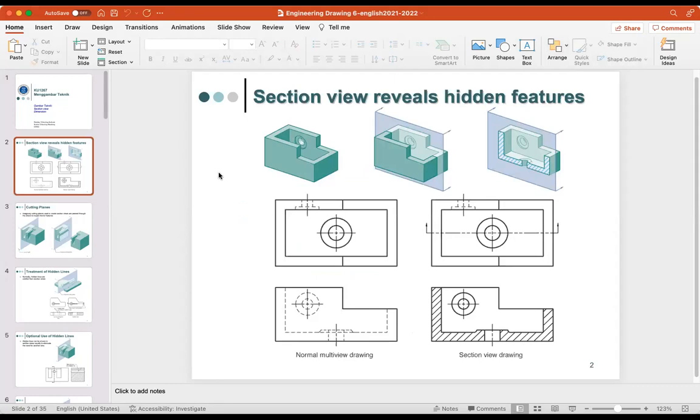So section view is actually just like want to. Okay, I need to close my video then. Okay, because the